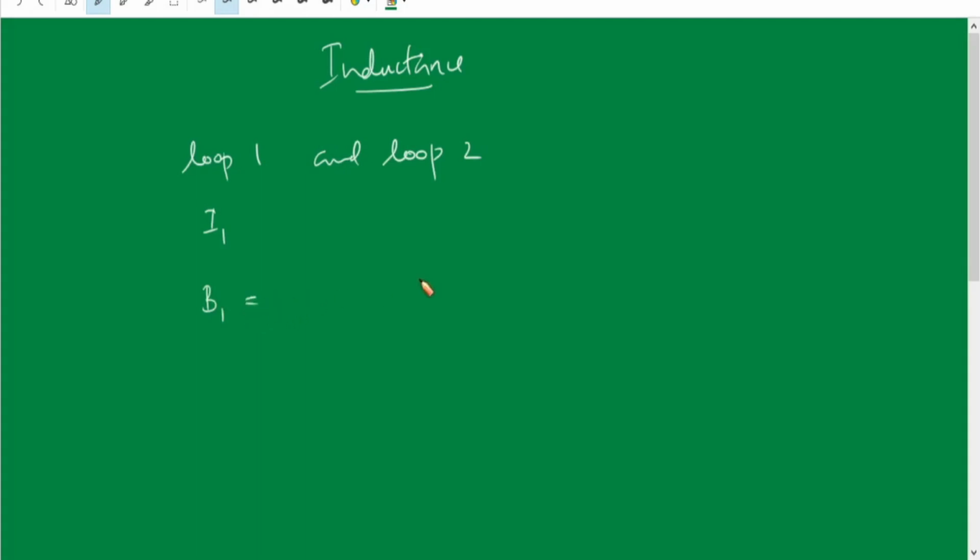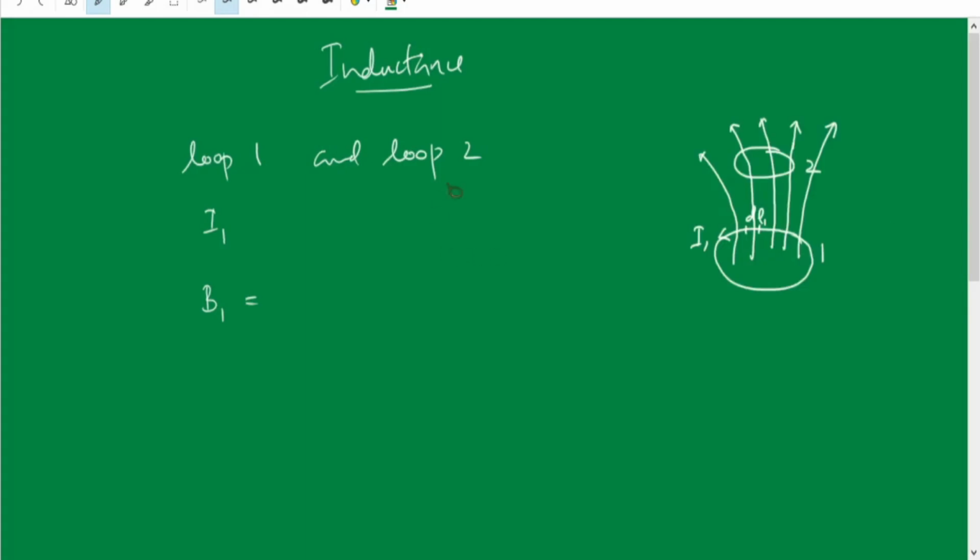So B1 is given by... but before that, let us draw the two coils and the associated magnetic field lines. The diagram shows the two coils, one and two, and the associated magnetic field lines B1. The magnetic field intensity at any point at a distance r from the loop is given by B1 is equal to